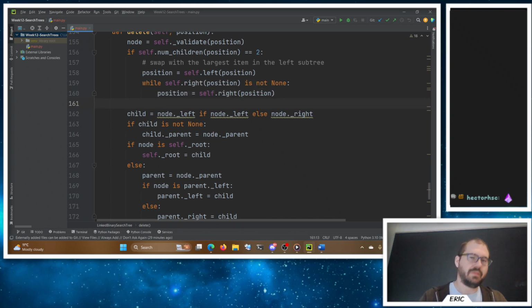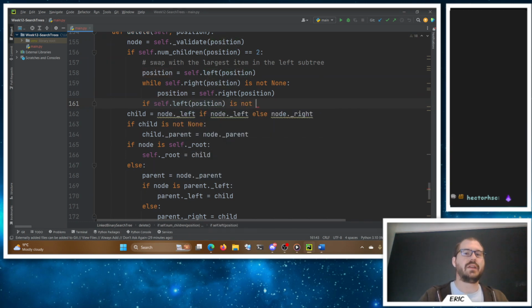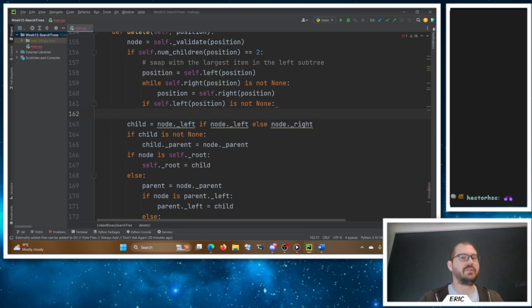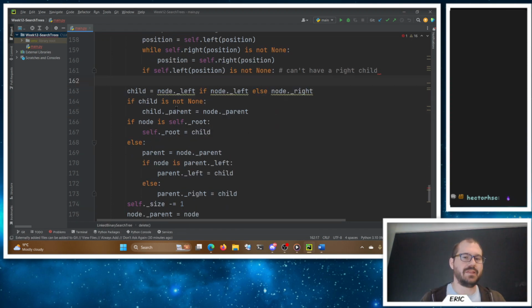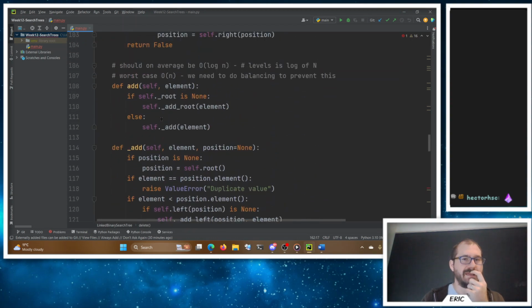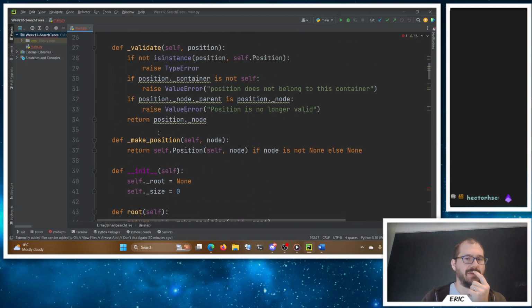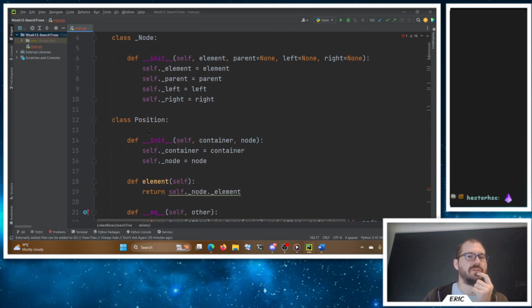So then we can swap now. If we have a left child, we can swap. So if the self.left of the position is not none. So if it has a left child, it can't have a right child, then we need to swap. So to swap that, then I don't think we have a given swap currently, right? We have an add, contains, yeah, we don't have that. So we need to